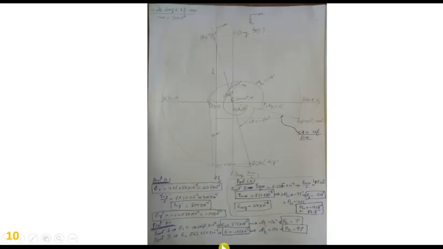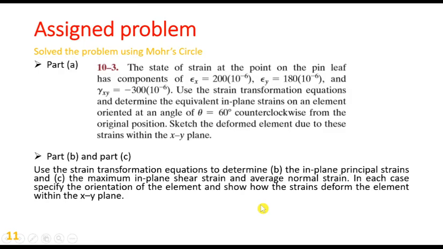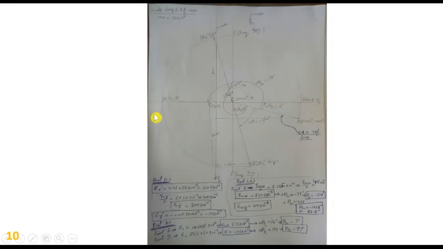So this is the answer here. And the corresponding planes can be drawn on the element. I have skipped it, and you should draw it by considering the previous lecture,